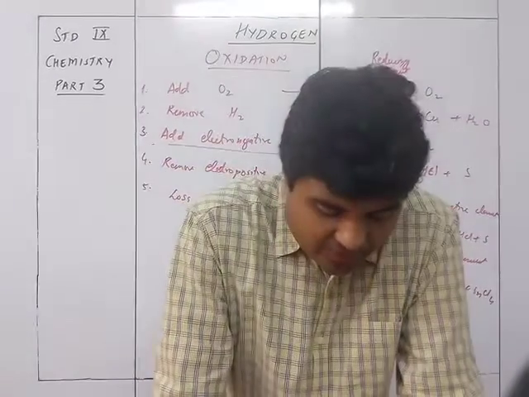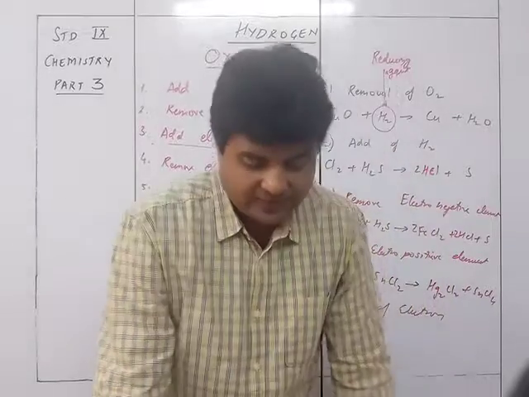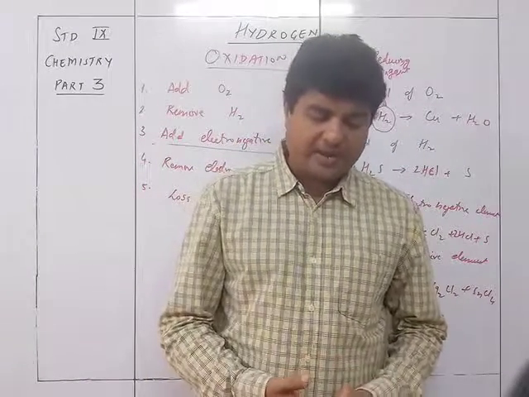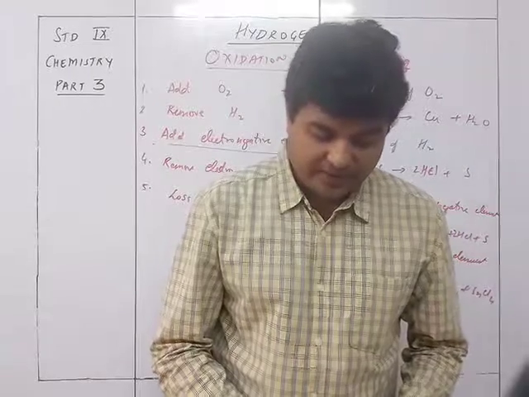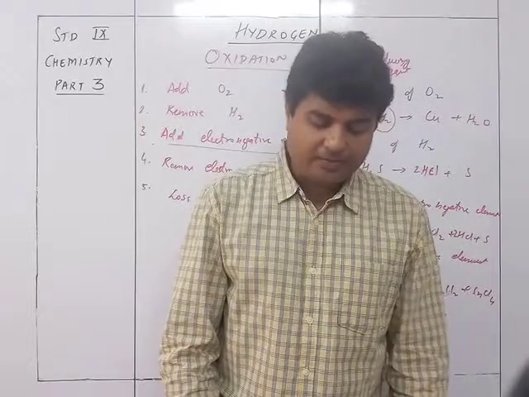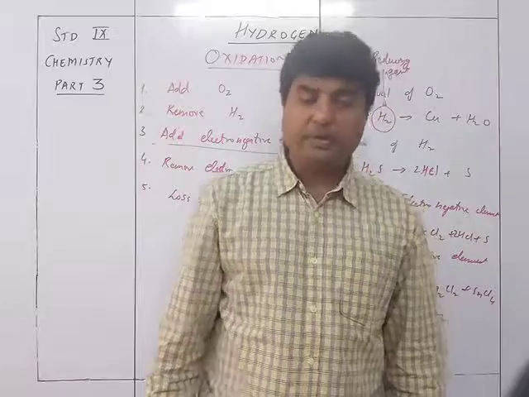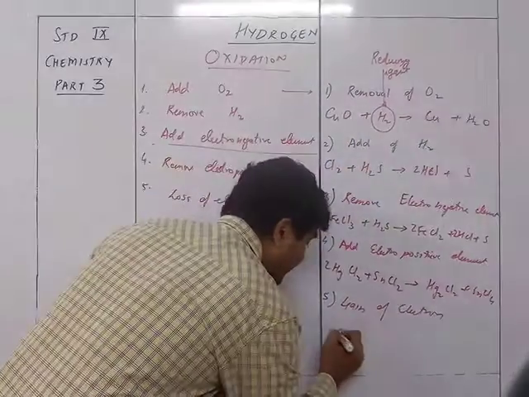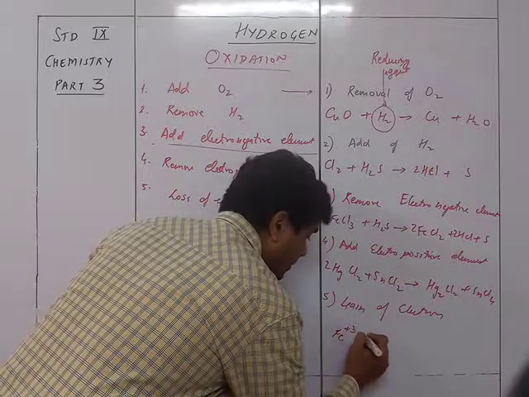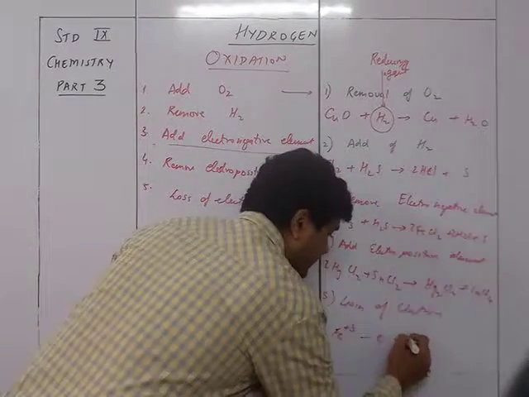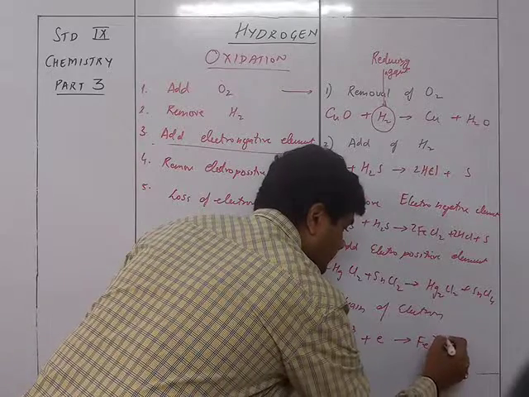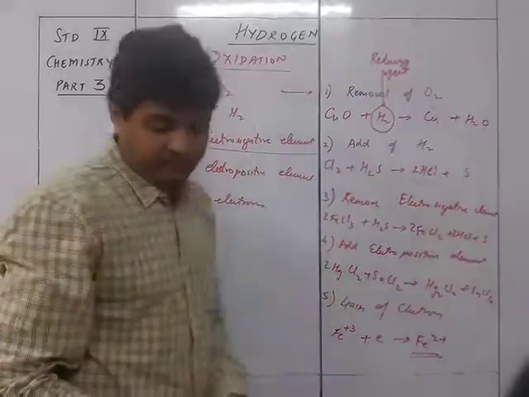The gain of electrons from an atom or ion, so that is oxidation on the basis of the atomic model. When an atom or group of atoms gain electrons, reduction is said to have taken place. The atom or group of atoms which loses electrons are said to be reducing agents. So Fe3+ plus 1 electron is going to become Fe2+. So this over here is the reduction.